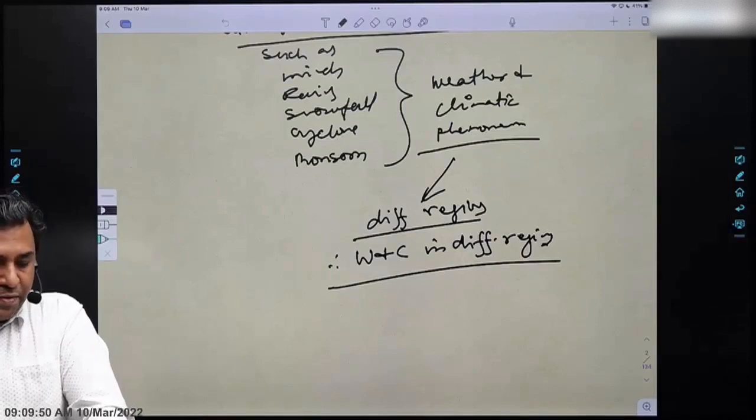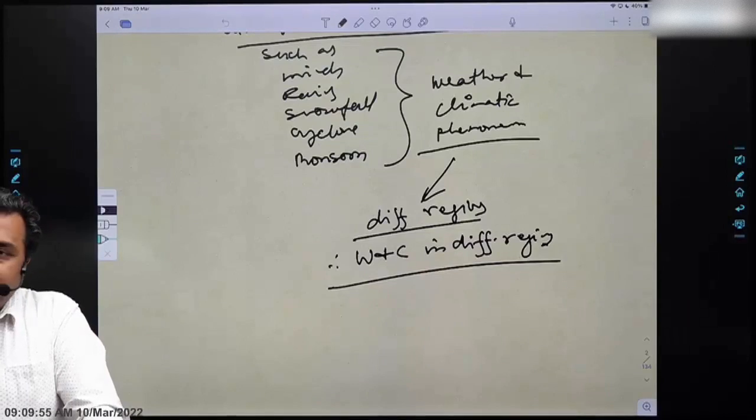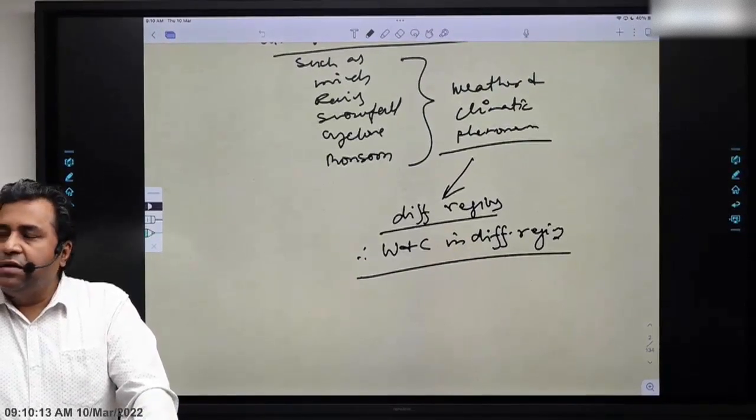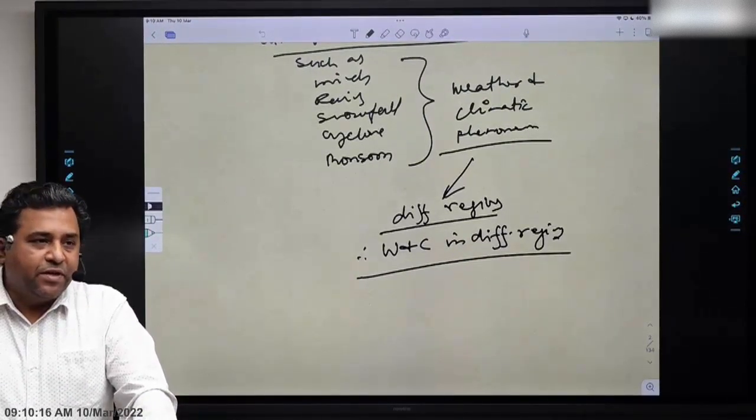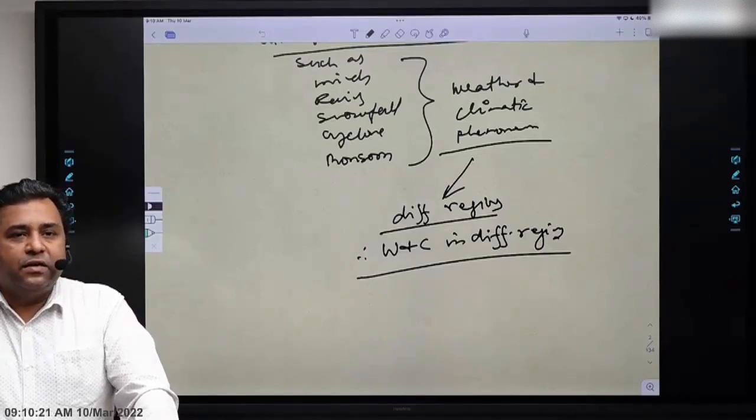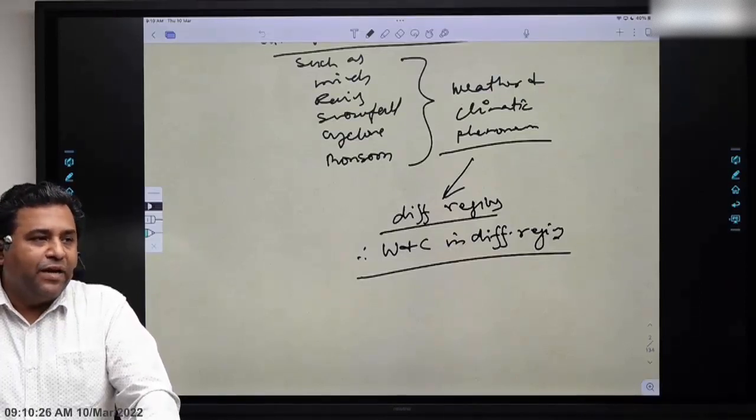First we'll talk of composition, right? You can see the sequence in your copy. So composition of the atmosphere followed by structure of the atmosphere. After the structure, we'll also talk about the heat in the atmosphere, right? So what are the ways in which the atmosphere gets heated, ways of heating. Then heat budget, how much heat comes in, how much heat goes out. And we also know finally that the total heat budget of the earth is a balanced budget, right?